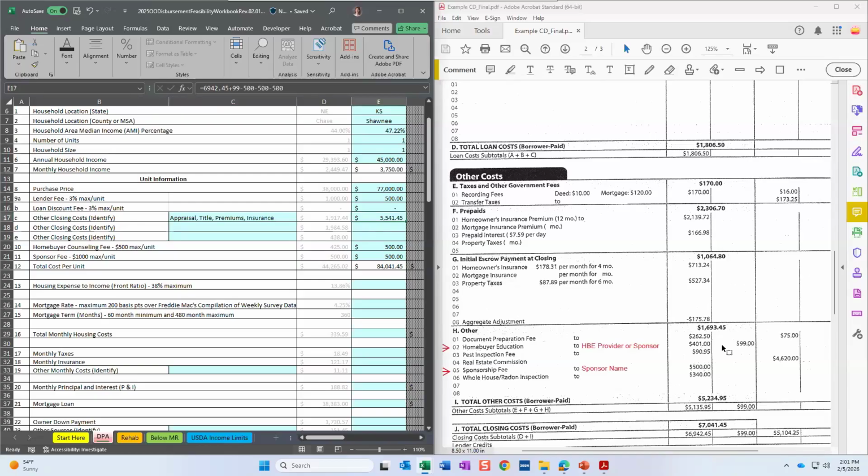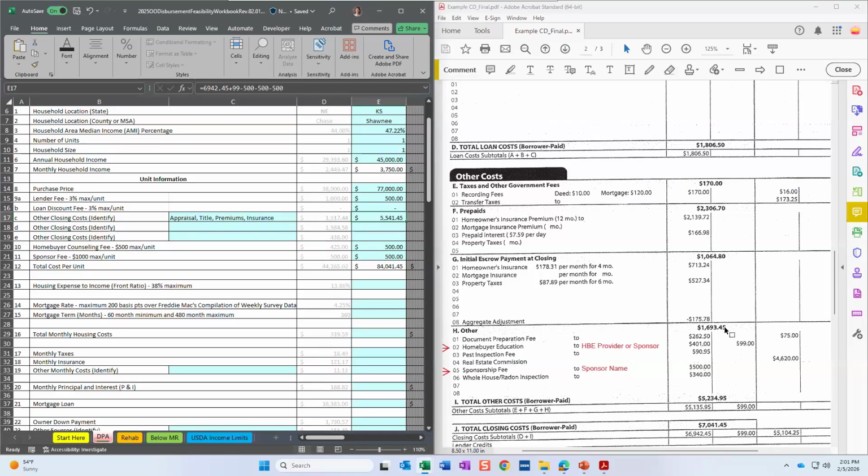I will note this one again is a little strange because it has some costs paid prior to closing. Again, not a bad thing to have costs paid prior to closing. I know a lot of people don't. And so you won't have to worry about adding back those costs paid at closing.